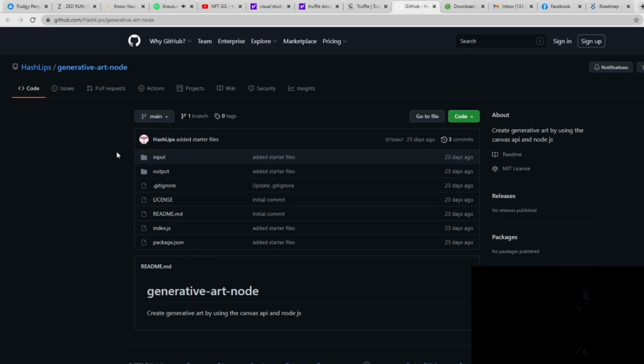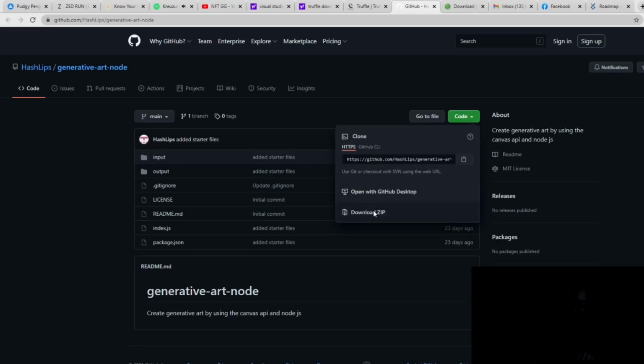All you're going to do is, this right here is going to be the base code, right? This is your boilermaker code, and you're going to go to code, and you're going to download zip. Now once you download the zip, just extract it. You can use something for free, either a WinZip free trial, or you can get PeaZip, P-E-A-Z-I-P, PeaZip. That is what I use for everything. It's completely free. There's no trial expiration, and you can extract that file anywhere on your computer,